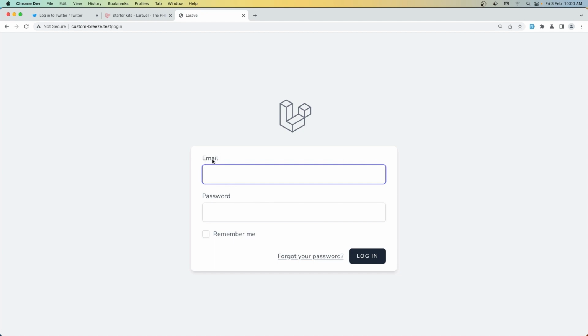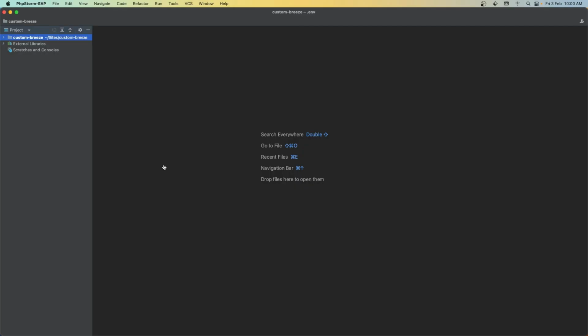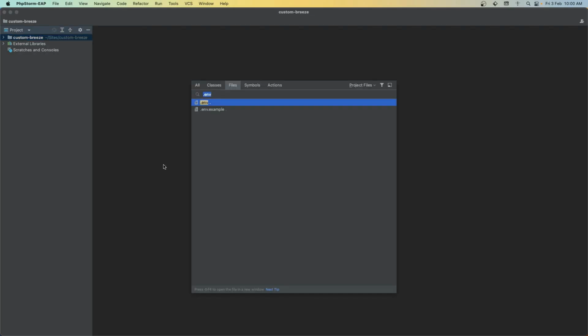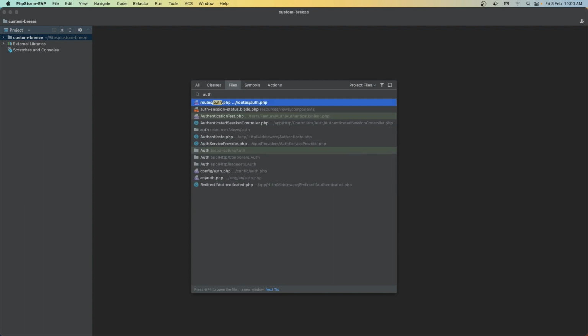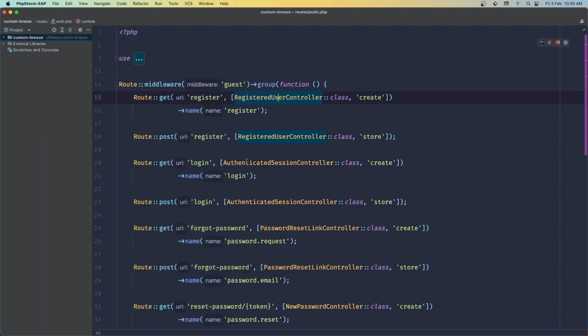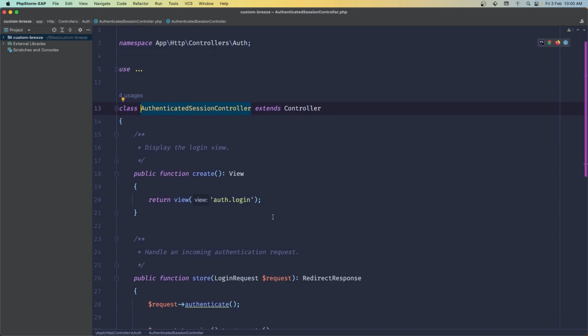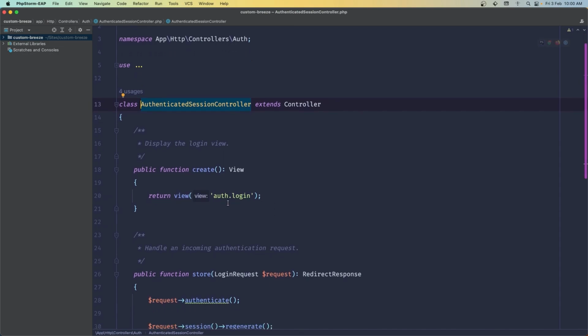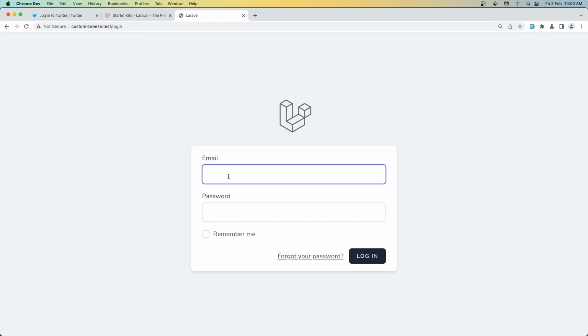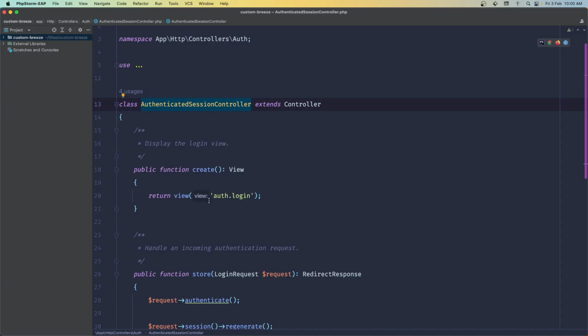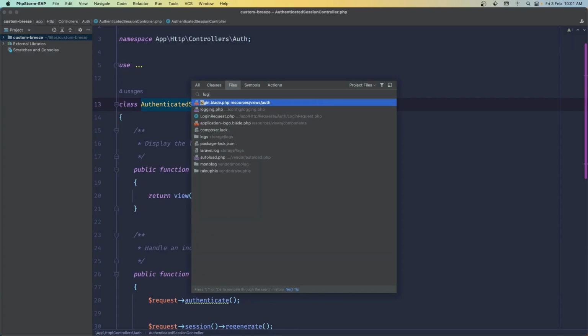Have also the username ability to log in. And let's open the auth inside the routes. For the login, we have the authenticate session controller. And this is going to return the auth login. So we need to change that to add also the ability for the username. And let's open that. So login